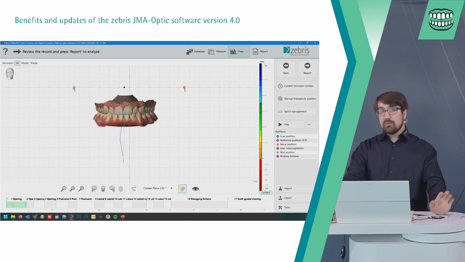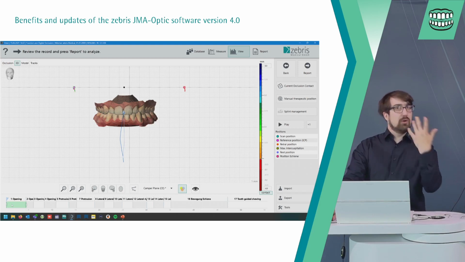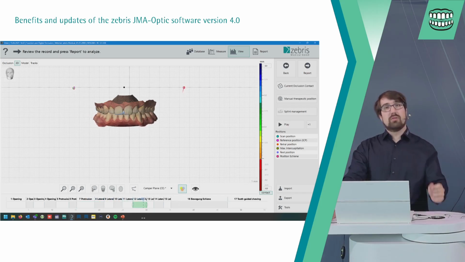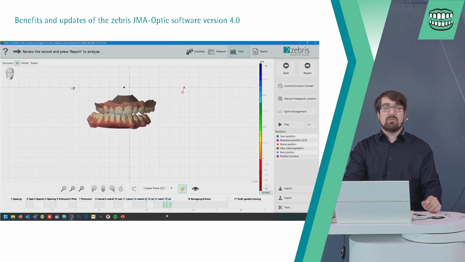Maybe you just saw in the recordings that I did not make some really clean movements. For example, here in the protrusion, I start, then here I start not in the closed position. Here I didn't go back completely. So as I would be not stable in my position, I just recorded my movements.